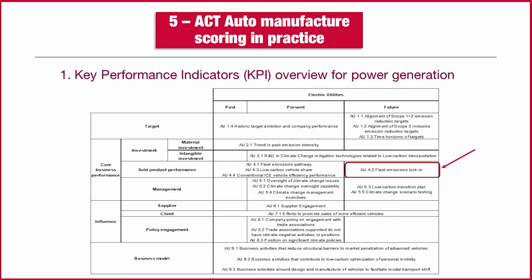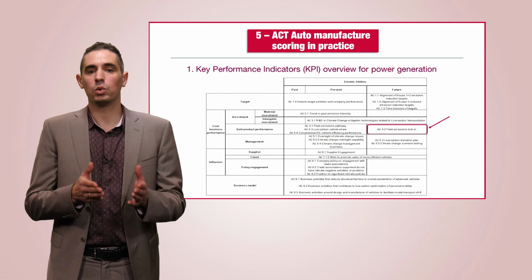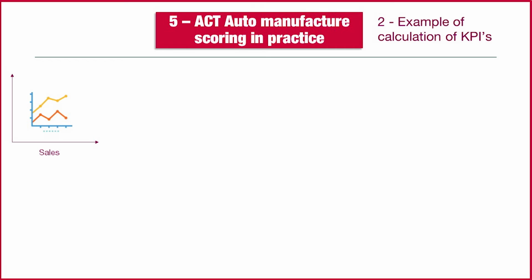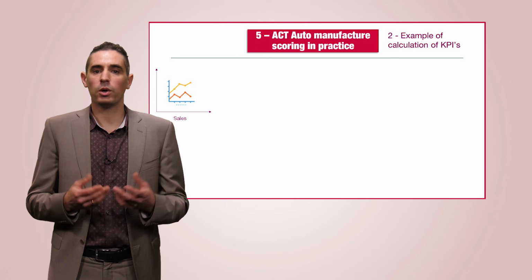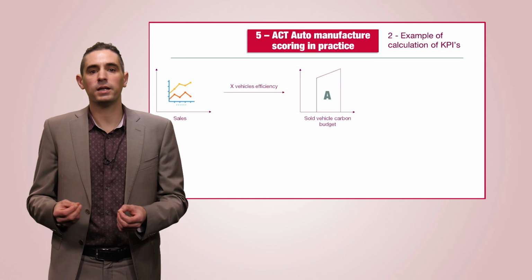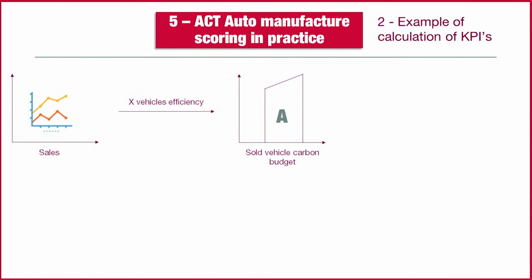Here we are going through some details on the key performance indicators and how they are used to set up a performance scoring. I start by presenting to you the full list of KPIs for the auto sector. Please do not be afraid, we will just focus on one indicator, the Auto 4.2 related to the locked-in fleet emission. For this indicator, we first look at sales and extrapolate their trend 5 years into the future. Then, we characterize the fleet in terms of efficiency and calculate a 5-year locked-in emission budget, we call here A,